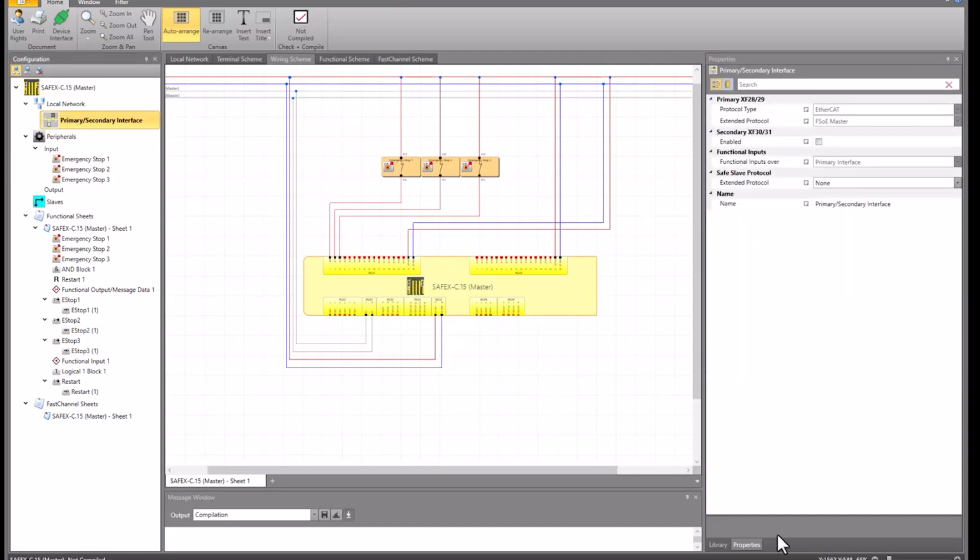We select the new object here and have a look at what we have here for properties. And here are some possibilities, also for the secondary interface. But this is only interesting if Profinet or ProfiSafe is used. Now we select the protocol, and that is FSOE.